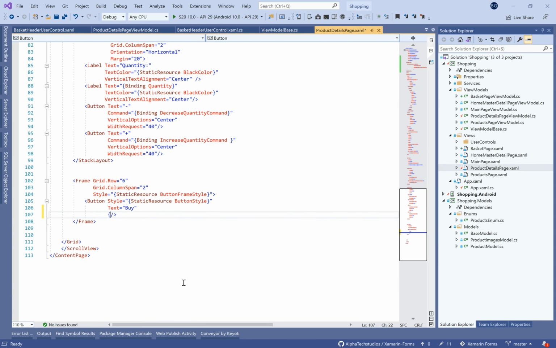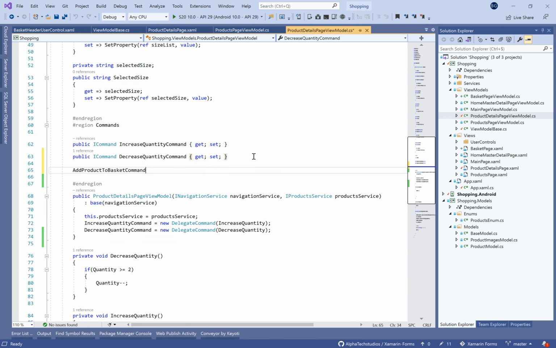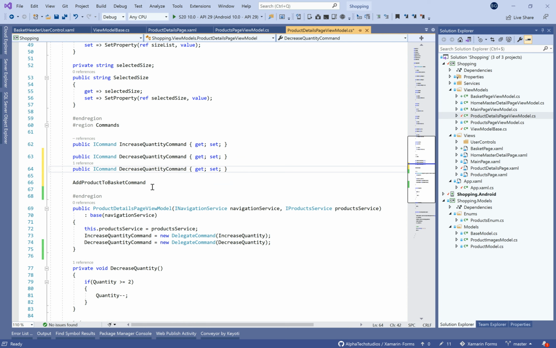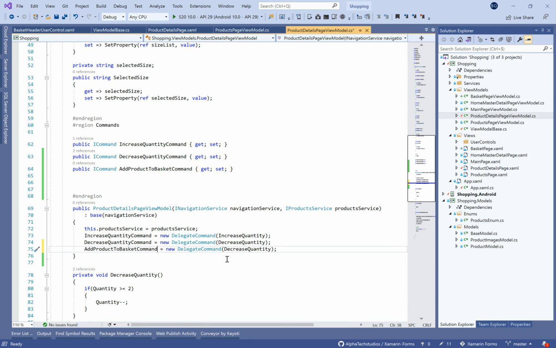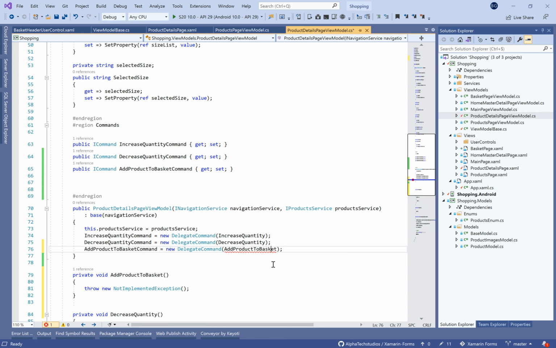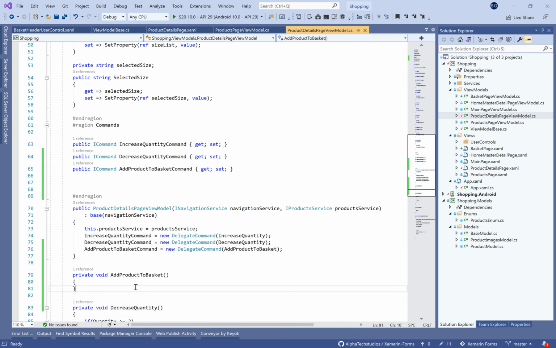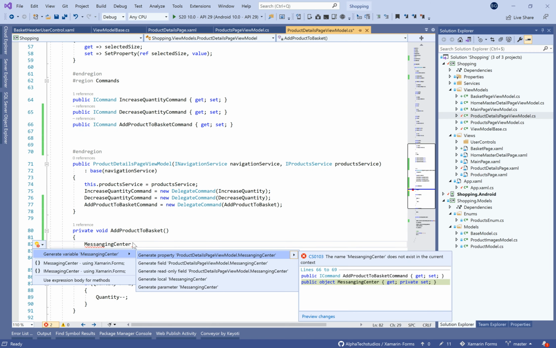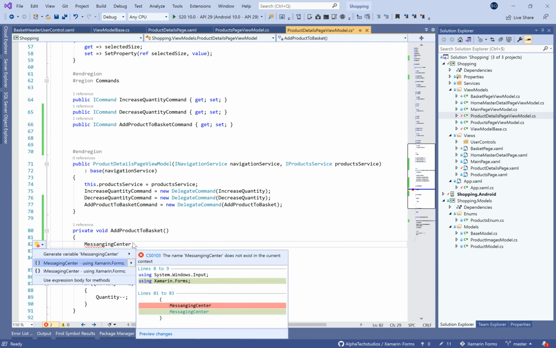So change the type to int. And in the product details page, we're gonna create add product to basket when user taps on the buy button. And here we're gonna create the add product to basket method. So here we're gonna use something called